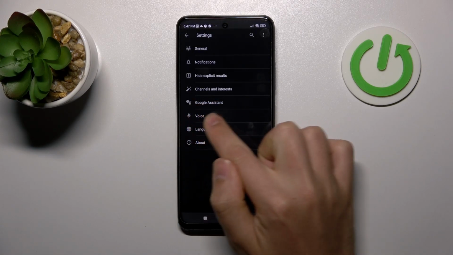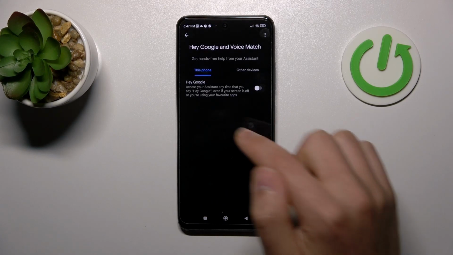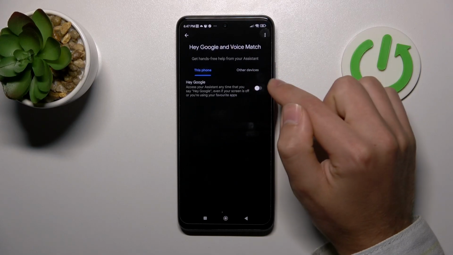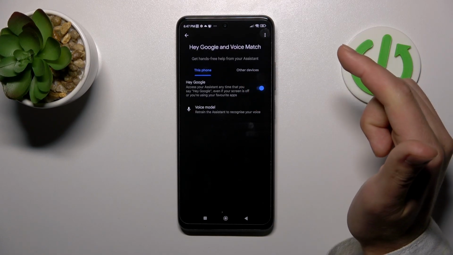Here go into the voice option and now choose Voice Match. And now to activate Hey Google, you need to activate this feature. Tap and we activate our Hey Google